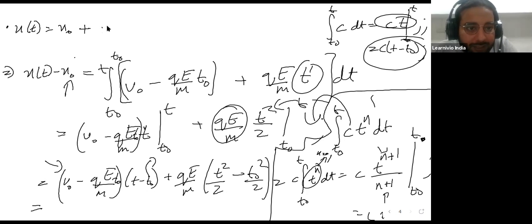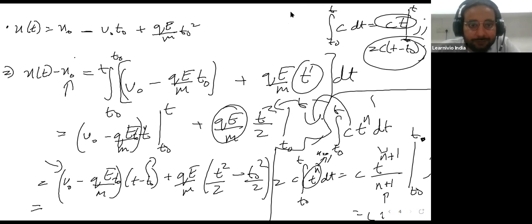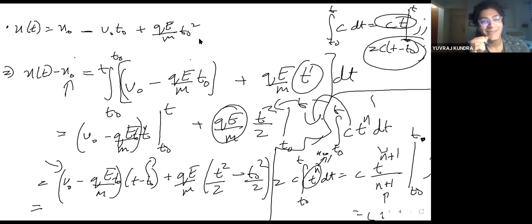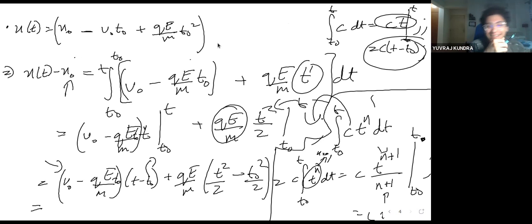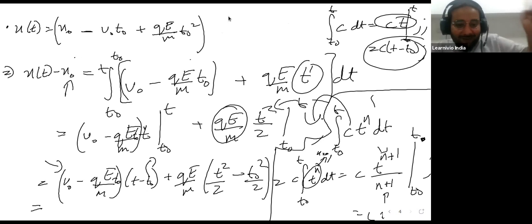So what essentially you will have is x naught minus v naught t naught plus qE over m t naught squared. Does this remind you of something? Yes, s is equal to ut plus half at squared. Exactly. But all of this is just a constant. We have not reached the half at squared part. We haven't reached the linear part also. So even in that equation, s equal to ut plus half at square,